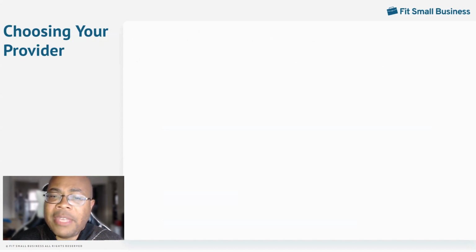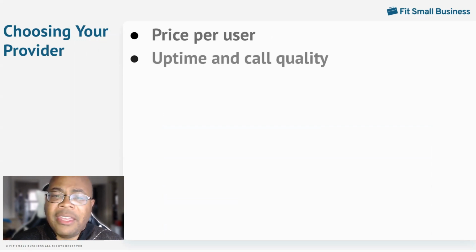In addition to VoIP data encryption, here are other criteria to keep in mind when selecting your VoIP provider. First, choose one that falls within your budget. VoIP lines typically run between $15 to $30 monthly per user. Secondly, since VoIP runs over the internet, outages are possible, so you want a reliable service. Opt for providers that offer at least 99.9% uptime guarantees.